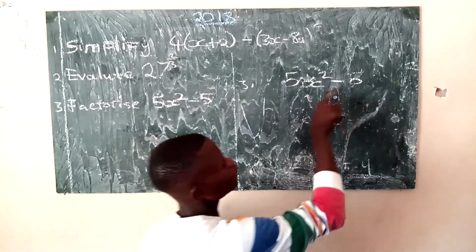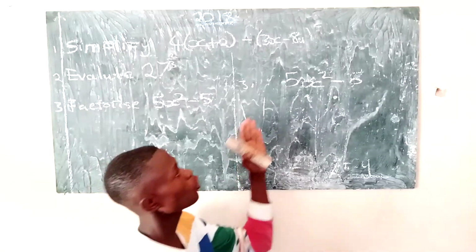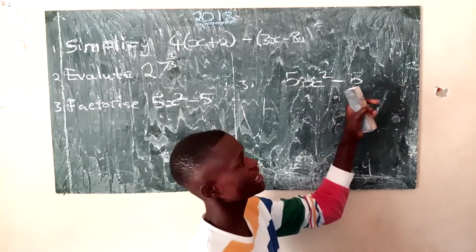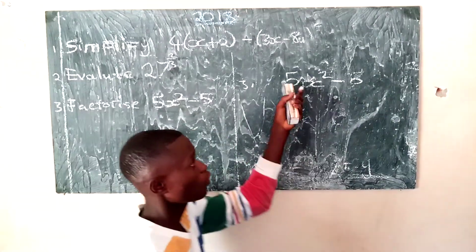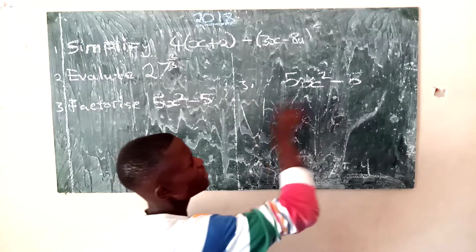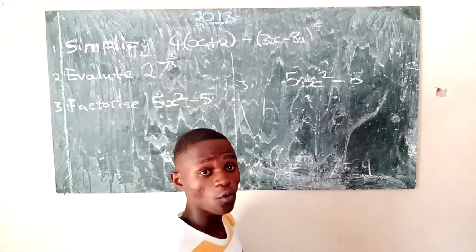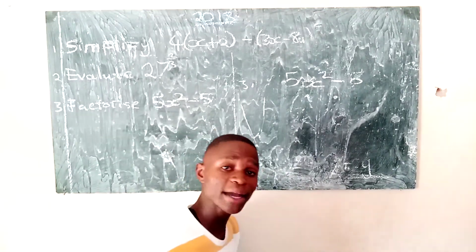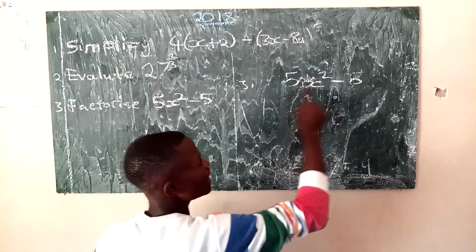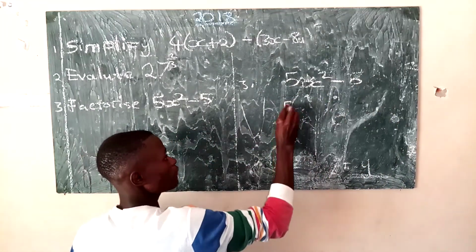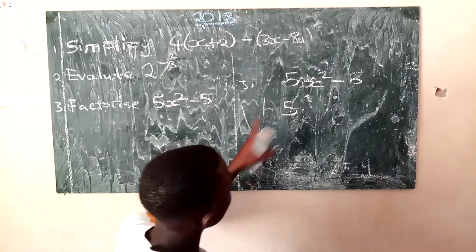The expression could have 25. You look for the numbers that can go into this number and this number. 1 can go into this number, but 1 is not counted as a factor here, because those are properties of 1. Any number divided by 1 is the number itself. So this one has 5 as a common factor.